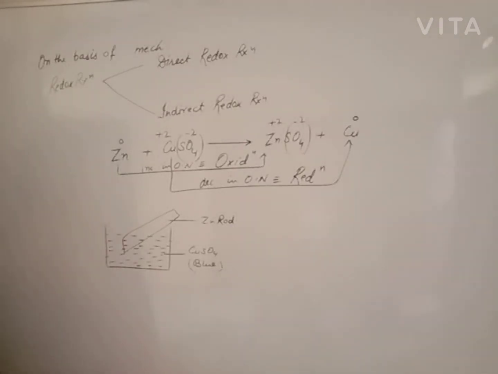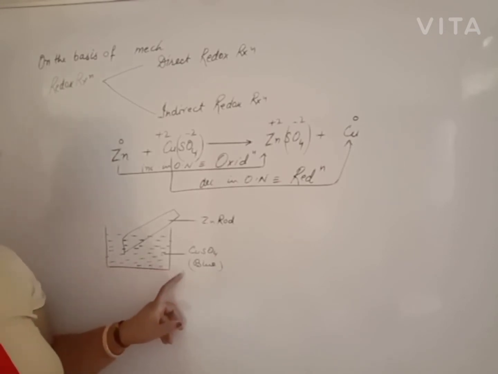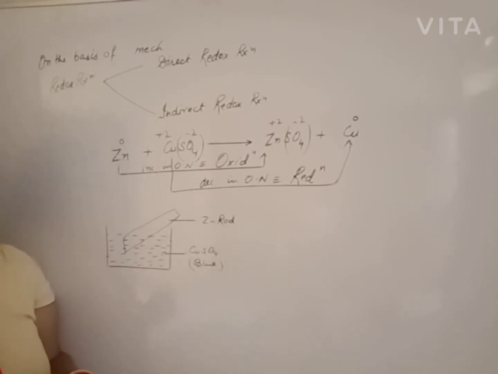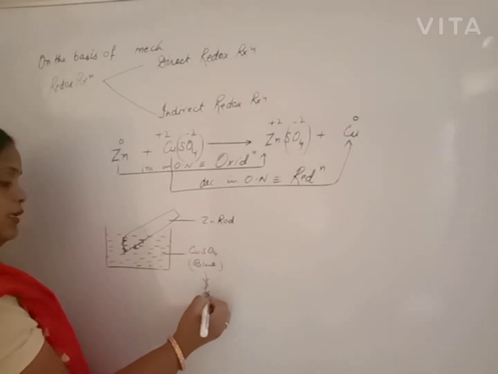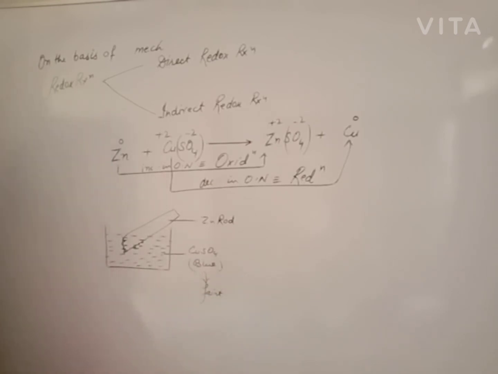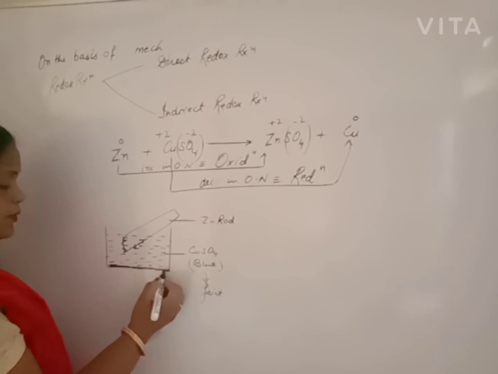When we come back to the reaction in the morning, we will see the color of the blue solution start to fade, and the zinc rod start to decompose, and some copper is deposited at the base as reddish brown metal. That means the reaction has started, but it happens in the same beaker. Beta, the rod starts to decompose and the color starts to fade. In one day it is not white; in 3-4 days it becomes white, and a slight amount of reddish brown copper metal deposits.